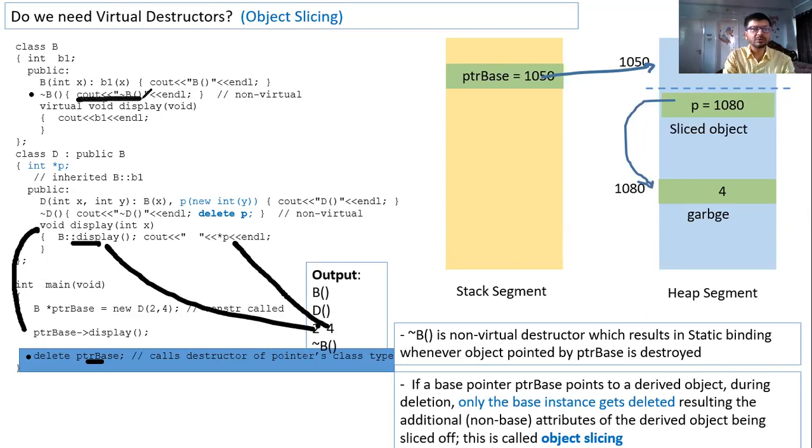Whenever we call this one, what do we see? It basically does nothing. At the end of this destructor, what you find is this portion, which was B1, so that part gets deleted. However, the part corresponding to the derived portion, that is P or whatever P points to, everything remains intact. So in terms of the entire derived object that is there,